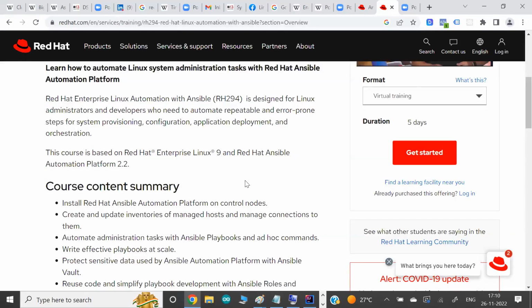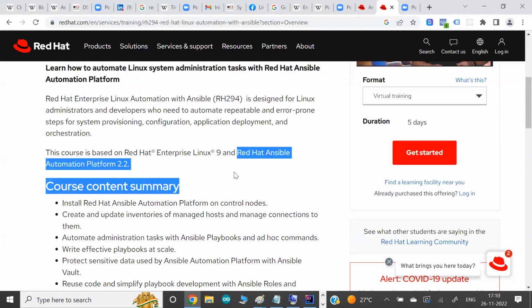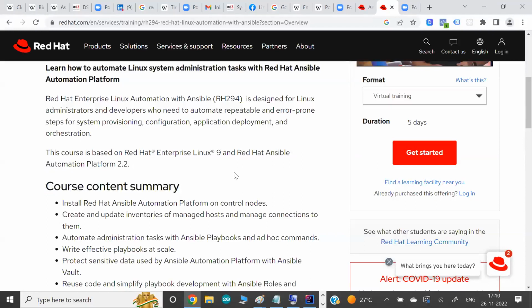Because there's a huge change, it's not a small change, a huge change in the entire architecture of Ansible. Because you are going to learn those things, wherever there is a requirement for professionals who know the AAP platform, this Ansible Automation Platform, you would again be among the few who will have that knowledge.